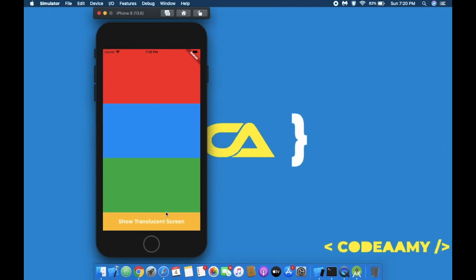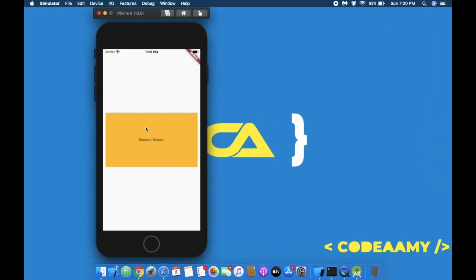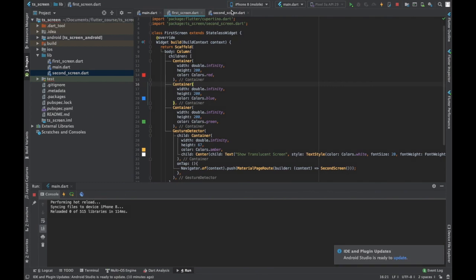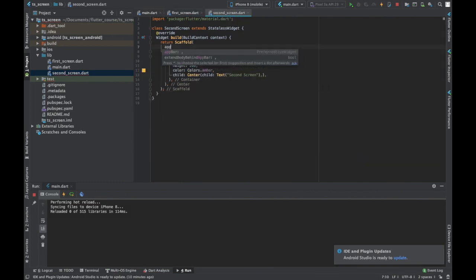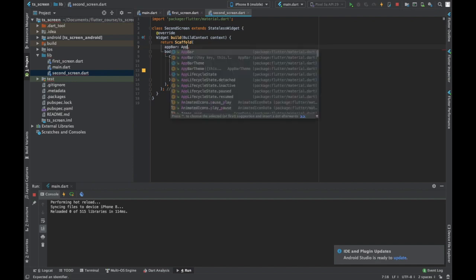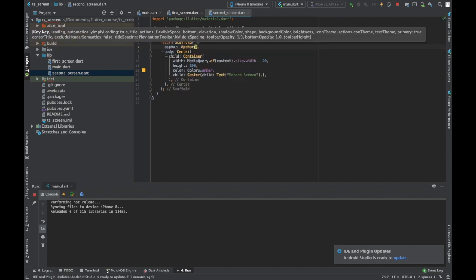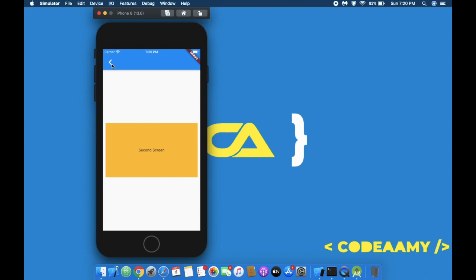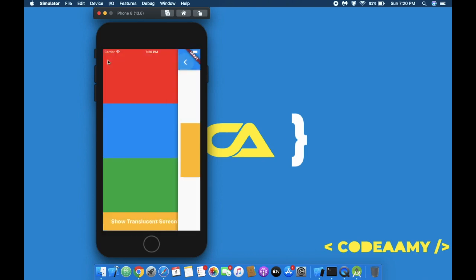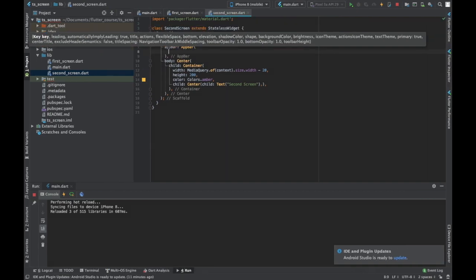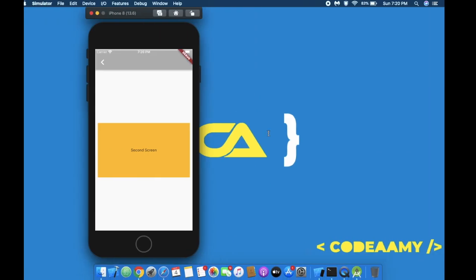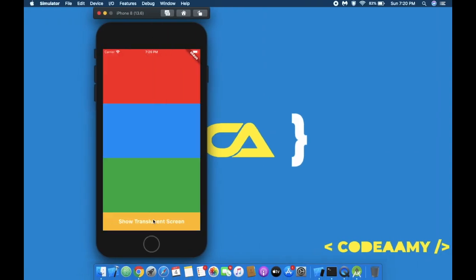Let us see if our application is navigating to the second screen. I've reloaded the application. Yes, second screen. Okay, we need an app bar to go behind the normal app bar. I went back, came to the first screen, went back, came to the first screen. So basically, we can make the app bar transparent. Just background color, Colors.transparent, and it is there. Okay, the app bar is transparent now.